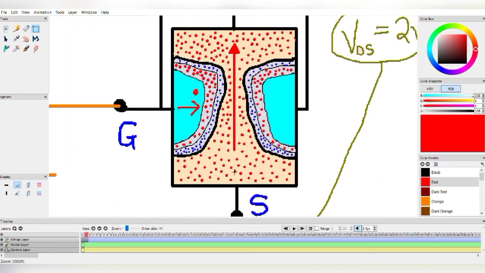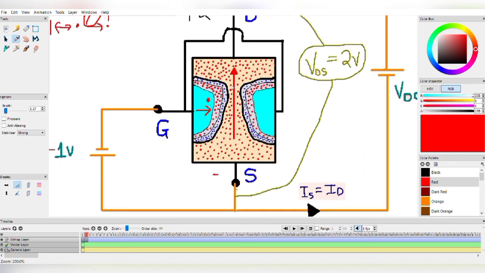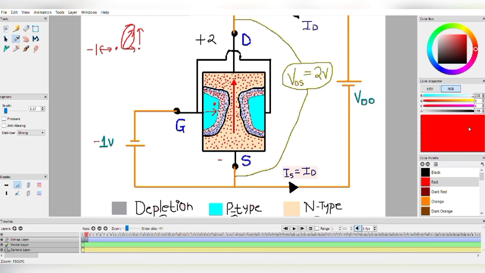Now, a similar case happens with holes. You are giving negative voltage to the source. Due to this, the holes are accumulated at the bottom of the depletion layer, while a few holes are accumulated at the top of the depletion layer, since you are giving positive 2 volts from the drain terminal. Due to this, you can say that the depletion layer is wider at the top and narrower at the bottom. I will again explain it so that you understand all the concepts about this JFET in great depth.